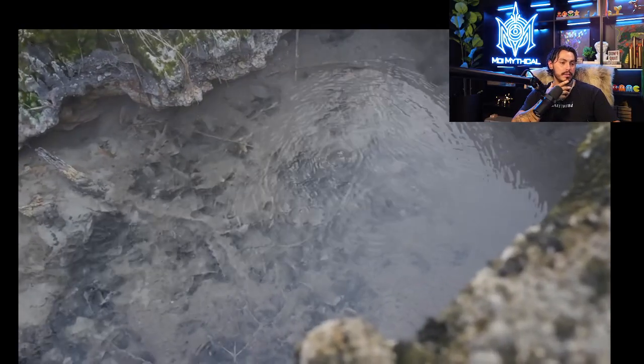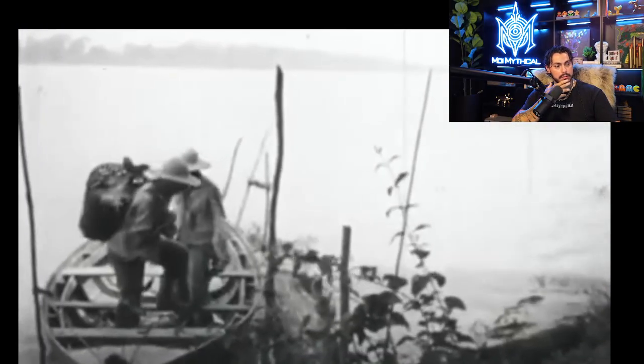And while this may be the case, the locals believe that this river's sacred and it carries a lot more